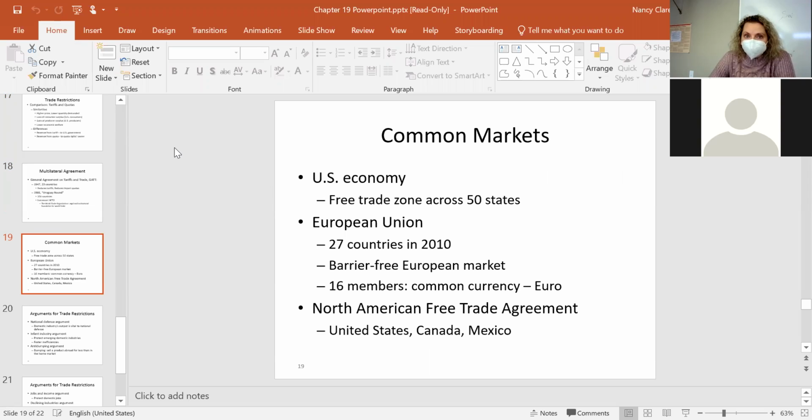Common markets are a form of trade agreement. So markets, places where goods flow freely. The one I'm going to focus on, the most important one to us, is going to be that last one, NAFTA, or the North American Free Trade Agreement. Trump redid this a little bit. I don't know that there's anything super significant in the changes, but the name, we, the Americans,